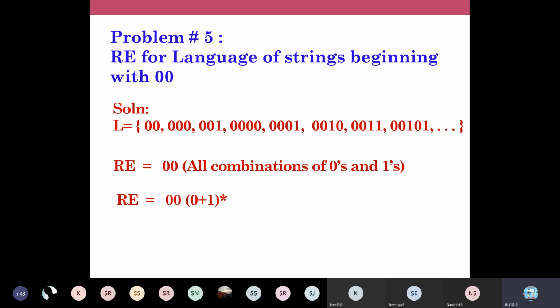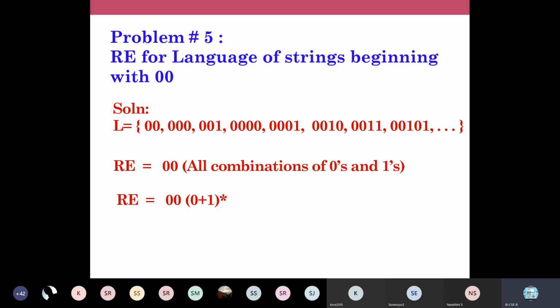Here also I have written, after 0, 0, I have considered a 0 length string. Then after 0, 0, I have considered 1 length strings, 0 and 1. And then after 0, 0, I have considered all the 2 length strings, like that. If you write like that, it will be more clear. Just ensure that all your strings begin with 0, 0. After that, you write any string.